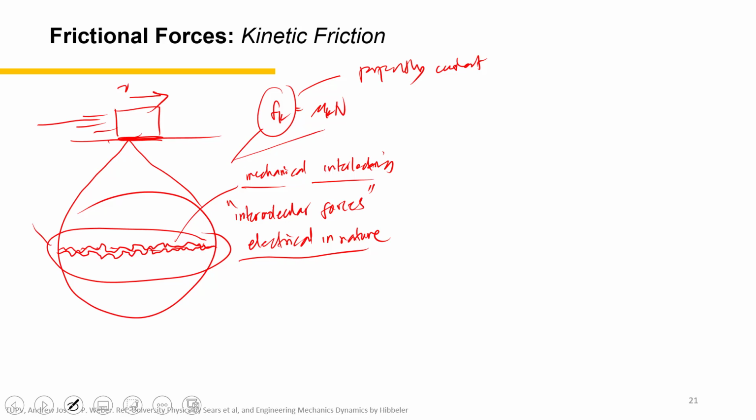So when you increase the smoothness of a surface, what actually happens is that it doesn't decrease the coefficient of kinetic friction. In fact, the opposite happens. When you increase the smoothness level, or when you reduce the roughness of a given surface, it increases the value of mu k. It is because of the